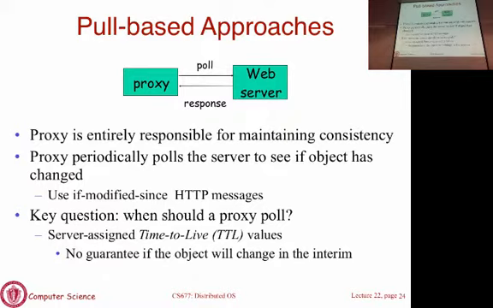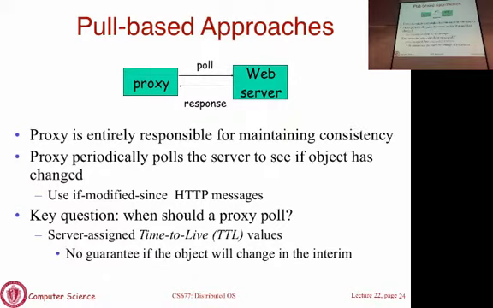The proxy could be very aggressive and start asking every minute, every 30 seconds. For popular pages, that may be okay. But for pages that don't change for weeks at a time, if you start sending requests every minute, you're wasting a lot of messages just checking whether the page has changed, and always the response is no, because the page is long-lived and doesn't change very frequently. So it is an important aspect in the client pull protocol to decide how frequently to poll.